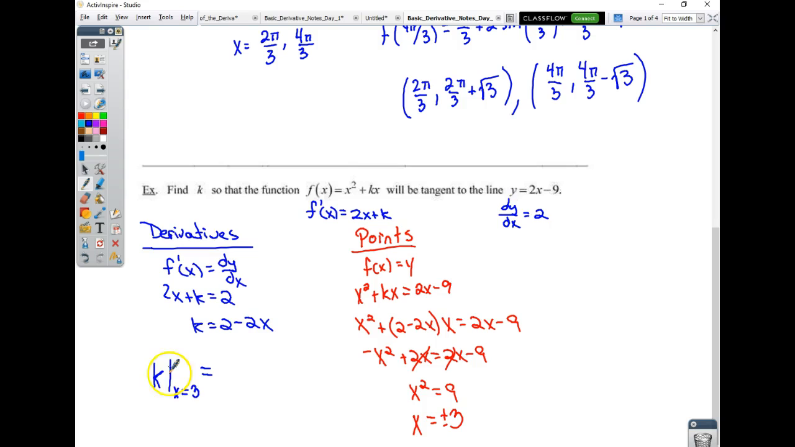K when x is equal to 3. A vertical line is technically a mathematical symbol for "is evaluated at." So this is k evaluated when x is equal to 3. Or 2 minus 2 times 3, which is 2 minus 6, which is negative 4. I could also write k evaluated when x is negative 3, which is 2 minus 2 times negative 3,